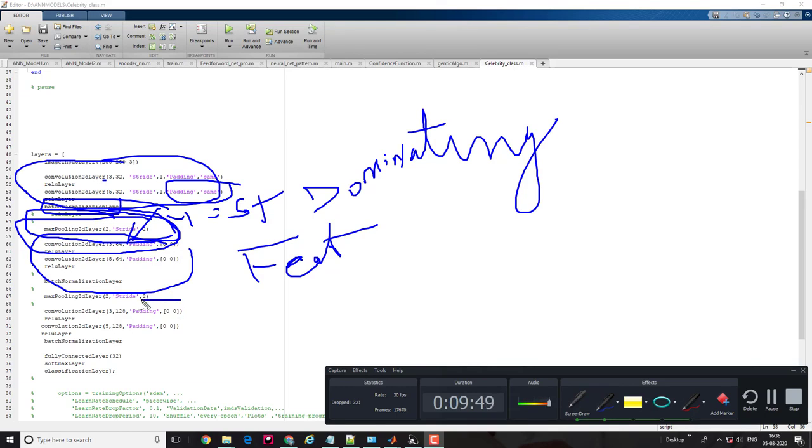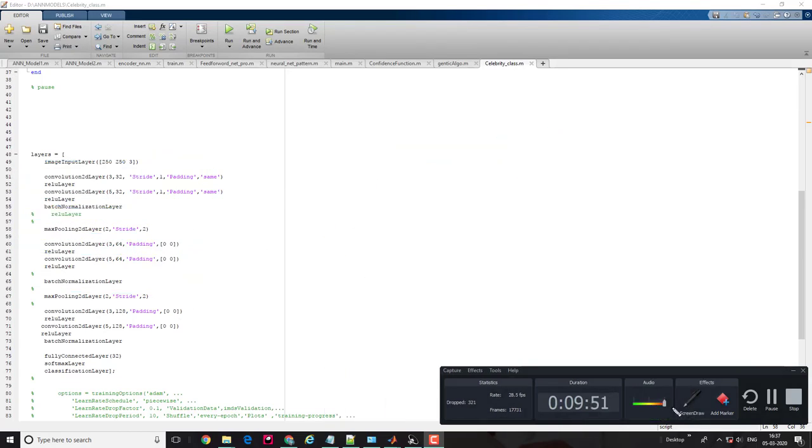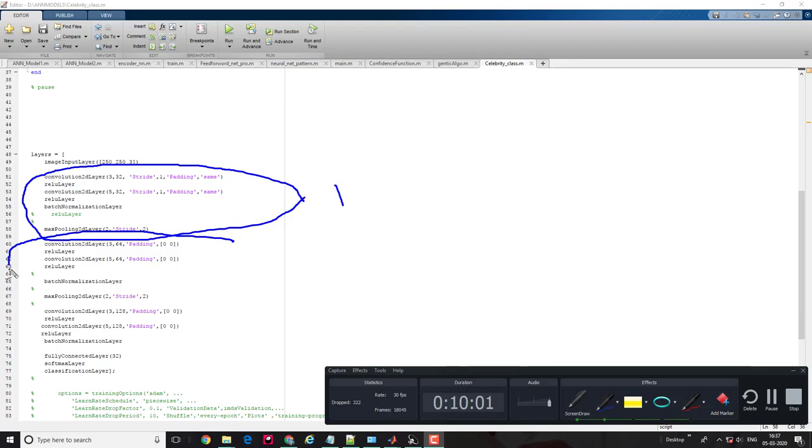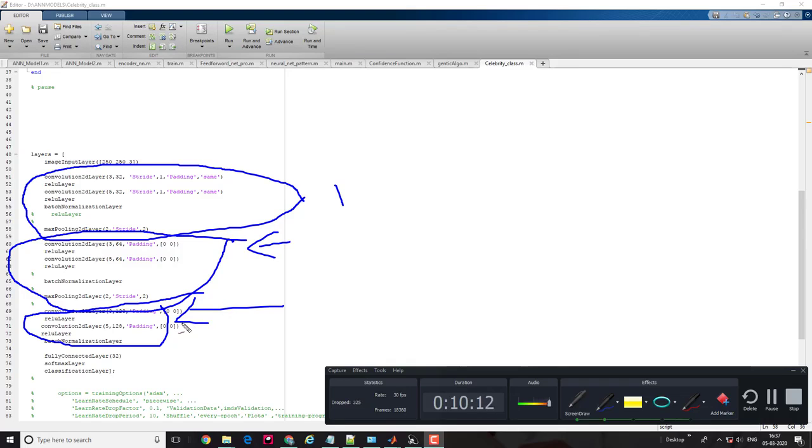I have a small data set, so all I did was create 3 blocks of convolutional neural network followed by ReLU, batch normalization, and max pooling. This is my first block, this is my second block, and this is my third block. I haven't applied the max pooling here because the dominating features have already been selected.